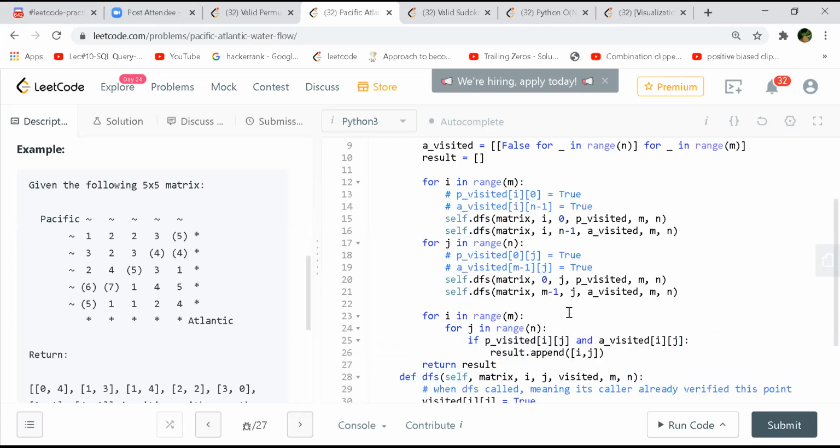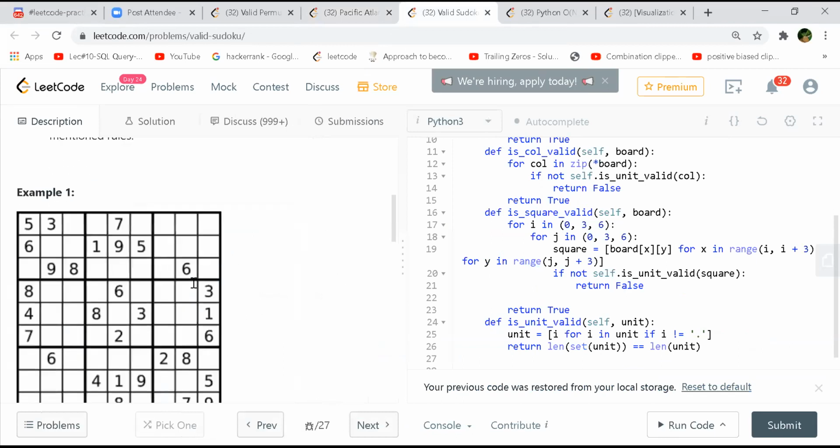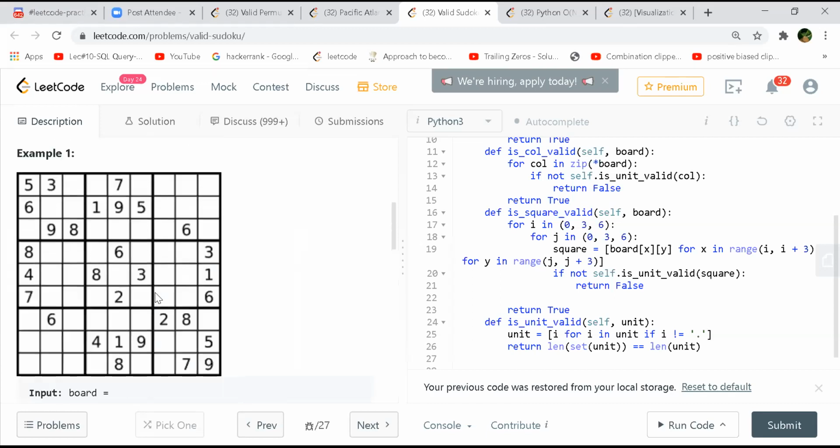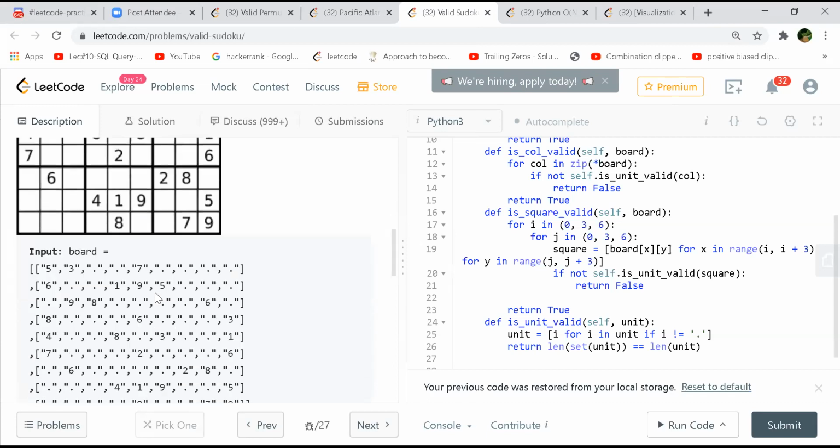Okay, cool. So next is Valid Sudoku. So we'll just read that. A Sudoku is given, and for every cell you make sure that in every square a number shouldn't be repeated, neither in the row nor in the column, and neither across the bigger block. Column wise, row wise, and block wise also. So these 3 things you have.